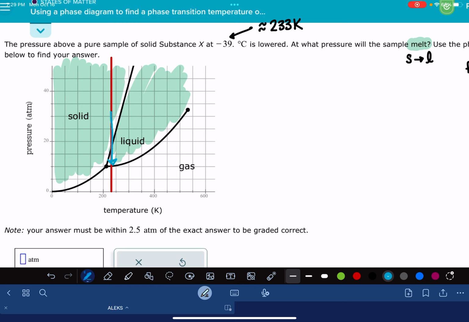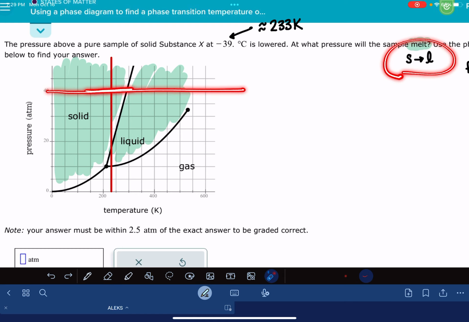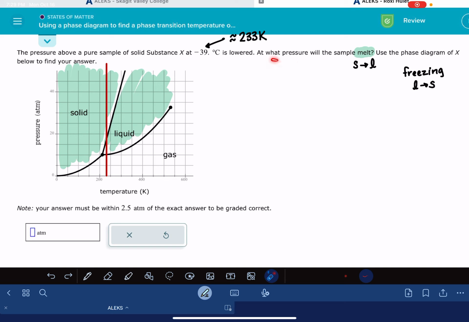Line, on my red line, and I'm going to be crossing that solid to liquid boundary. If you are dealing with a pressure, like if my problem involved 40 atmospheres of pressure, solid to liquid, I would be moving this way on my horizontal line, moving from the solid area into the liquid area. So think about the direction and the location on the phase diagram that you're going to be working with. So this problem is specifically asking me, now I'm ready to actually answer the problem, at what